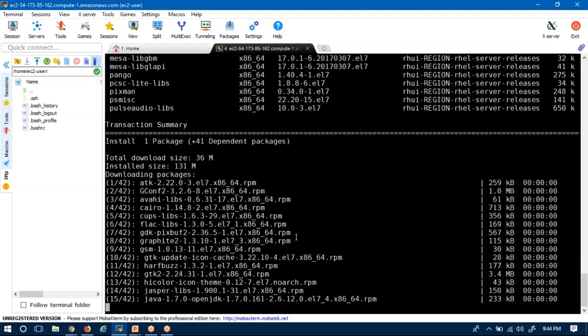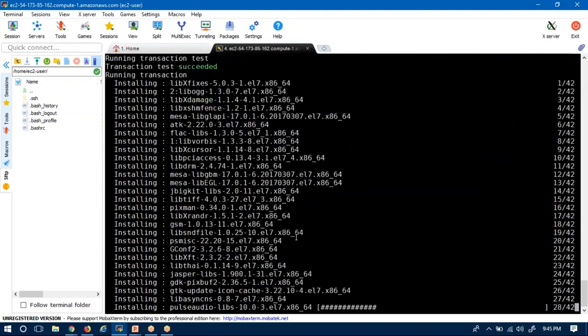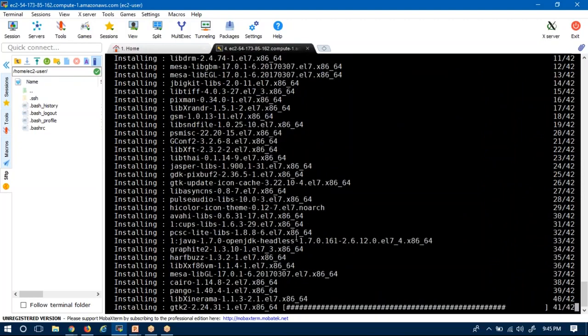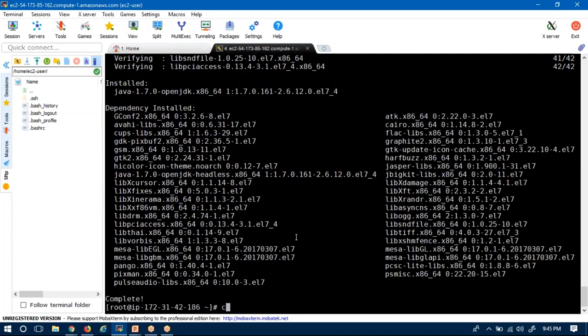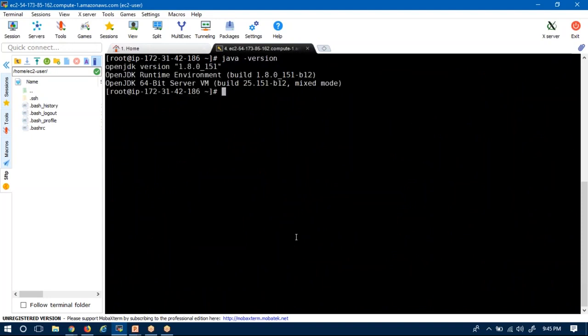It's going to install. Okay, it has been installed. Now I want to check the Java version: 1.8.0. Along with that you are having 1.7 also.